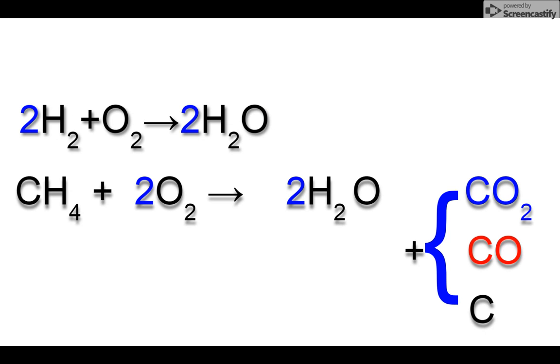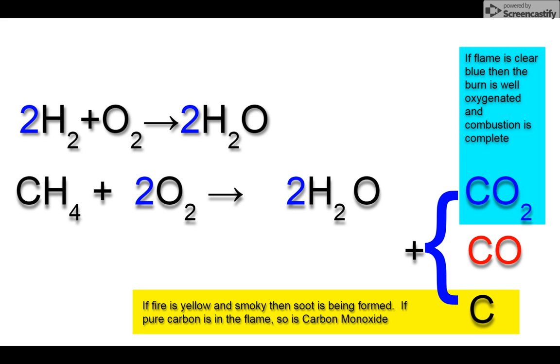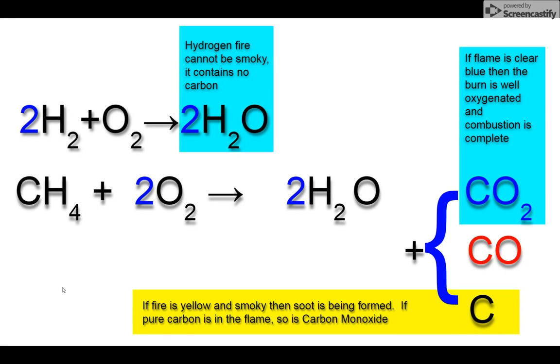In summary, if we look at the 2 equations, hydrogen burns to water vapor. Methane burns to water vapor and hopefully CO2, but it could make CO and it could make C. That would happen if we didn't provide enough oxygen, which you saw me demonstrate with the Bunsen burner. If you have lots of oxygen, the methane flame will be blue, meaning it's well oxygenated. If you see yellow, there is definitely carbon monoxide. Hydrogen